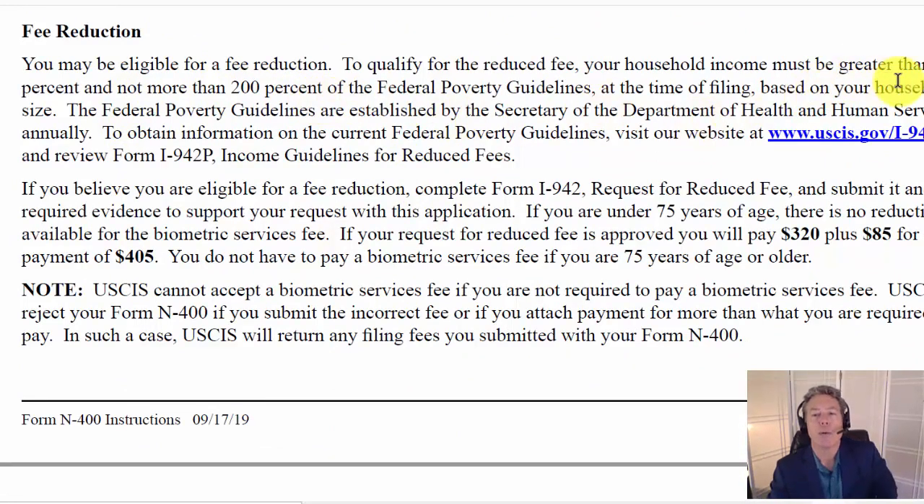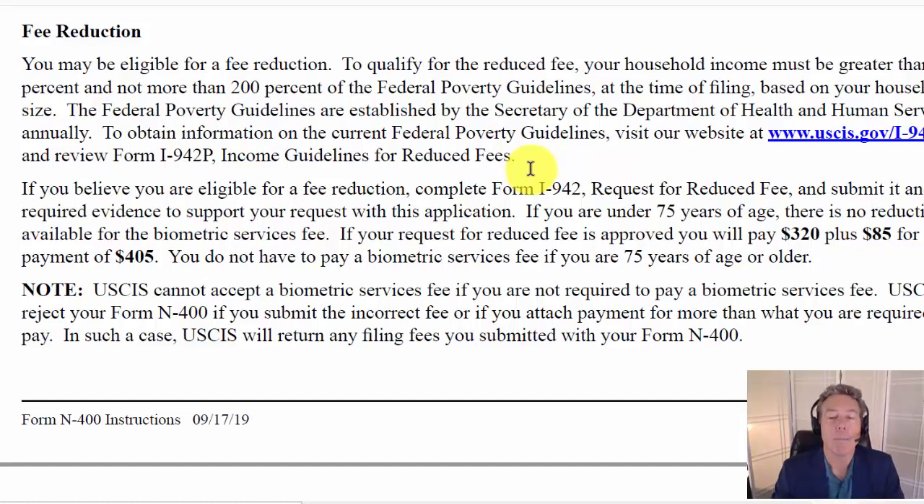Your household income must be greater than 150% and not more than 200% of the federal poverty guidelines at the time of filing based on your household size. Federal poverty guidelines are established. So you can get a freebie for filing. If you're poor or you're really going through a hard time, you can file this thing without a filing fee,